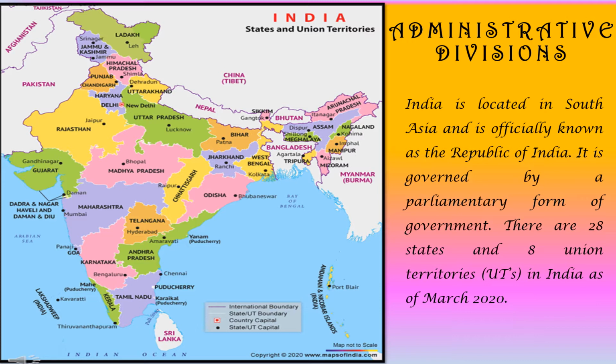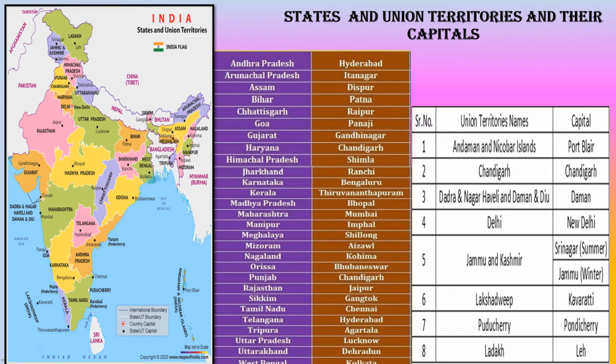So here we have the new political map of India, where you can see the Indian states, the union territories, and their capitals. Dear students, for administrative purposes, the country is divided into 28 Indian states and their capitals are as follows. Before we get into the union territories and their capitals, let us first have a look at the